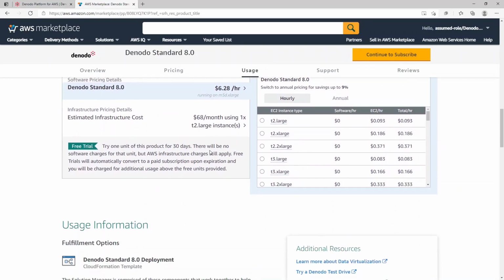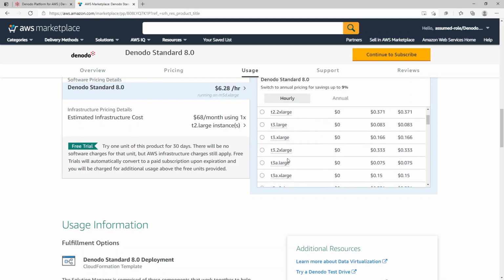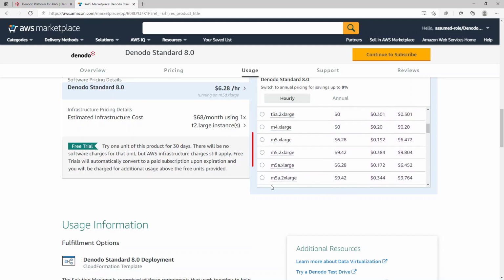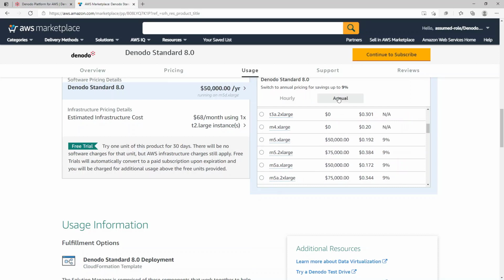There is no charge for the Solution Manager or the development instance as they are included in the hourly price, while the production and testing type environments are billed separately at an hourly rate and can be started and shut down per your needs. Under the pricing tab, the T-type EC2 instances are meant for the Solution Manager and thus are showing a $0 price, while the 4 cores such as the M5 XLarge type for production use is priced at an hourly rate. Besides, users can also choose to do an annual subscription, as you can see on the Annual tab, or a private offer.